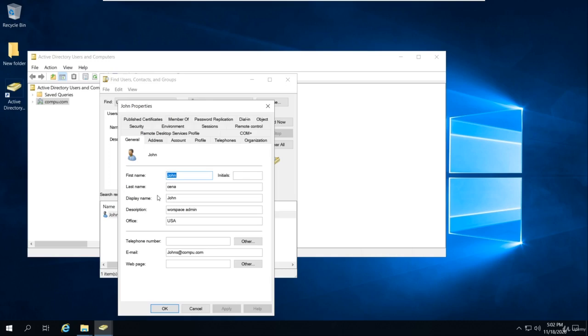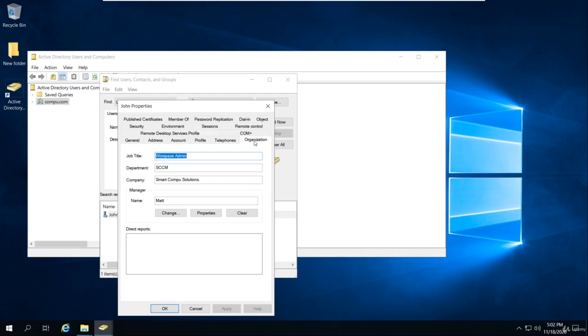I open it. Before resetting the password of the user, make sure we authenticate the person who is calling us, that he is the right person and an employee of our organization. To confirm that, we have to check the user's manager name. We will go to the Organization tab and ask the user, what is your manager name? Once the user confirms my manager name is Matt, we will authenticate, yes, this is our employee, and we are good